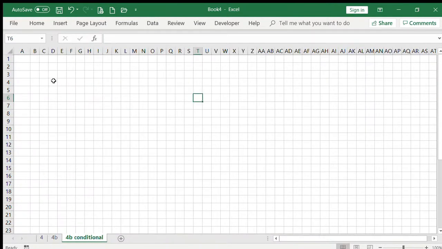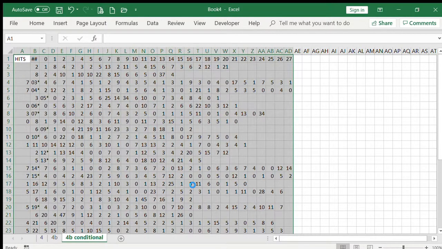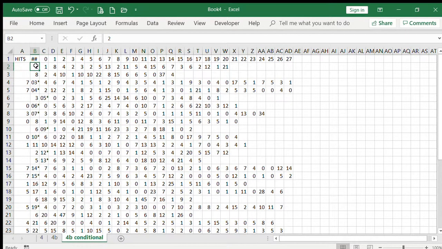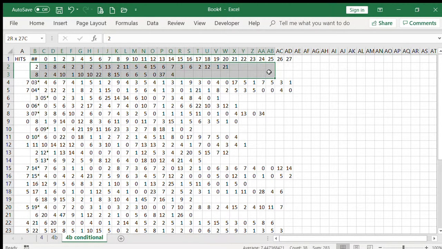So this is 4B. And then we're going to go A1 again. Paste special. Text. Hit OK. Now here you can see that it's not aligned. So now I have to do some more of that annoying dragging. So I'm going to drag this over here. Okay, drag this